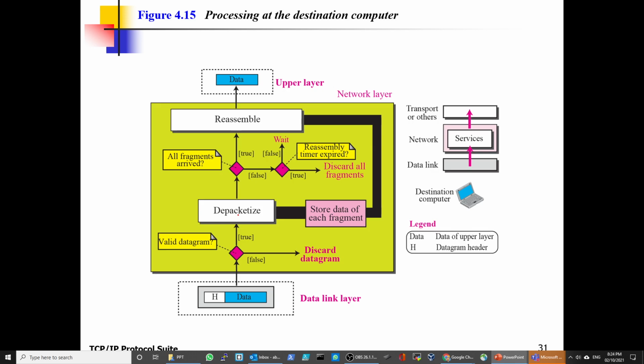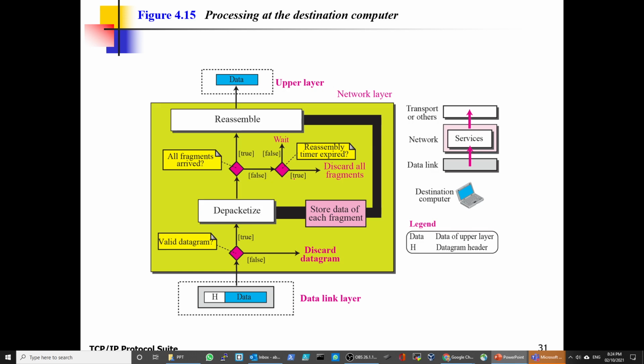So now, if you have multiple fragments, you collect them in here because you have to order them first. Remember, the packets could arrive out of order, and to build the message, they have to be in order. So it's gonna go here. All the fragments arrived? True, reassemble. So you see the packets came in here together, and it will assemble: packet 1, then packet 2, then packet 3. It will build the message again. All the fragments arrived? No, false.